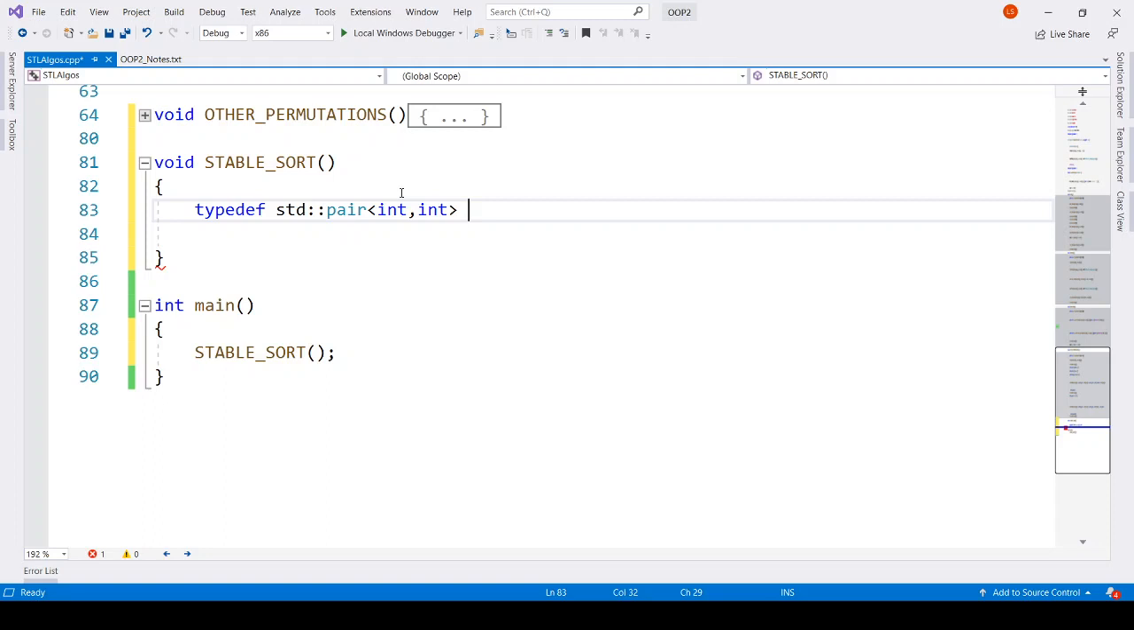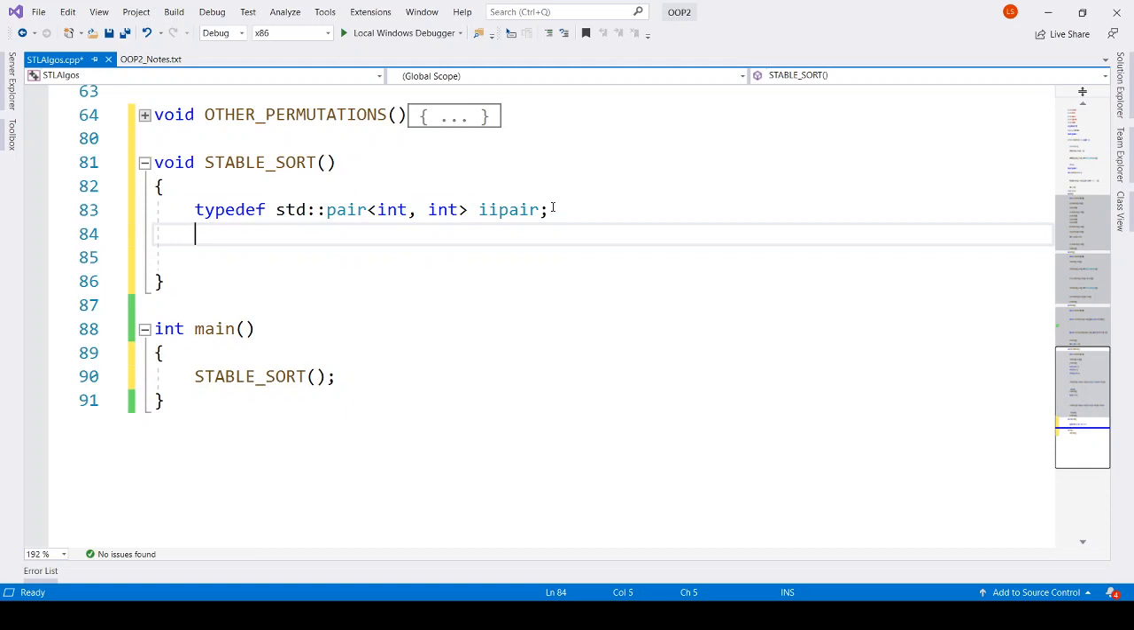std pair int int, let's say, ii pair. So I am just renaming so that I don't have to type this every time. I'll just type ii pair. I will create a vector of ii pair. Okay, so that is my two column table equivalent. Okay, and then I will say age weekly spend table. Okay, and because we have that data from Excel, I'll just paste the data here so